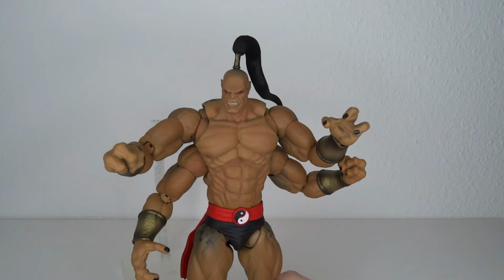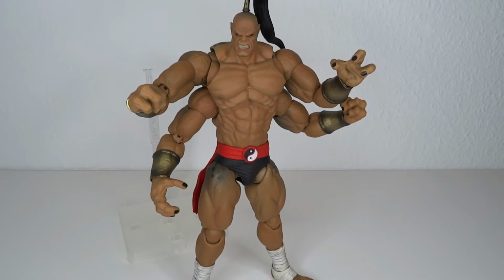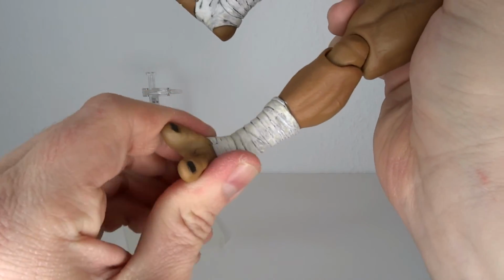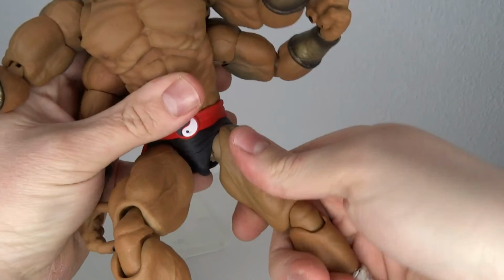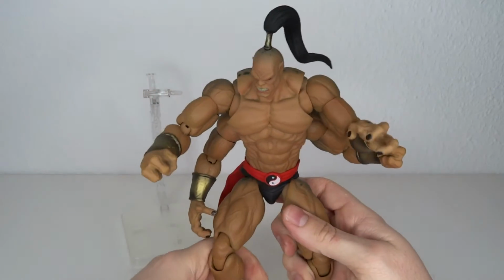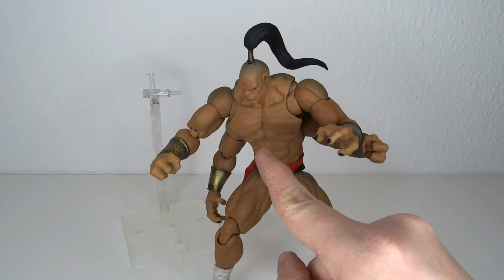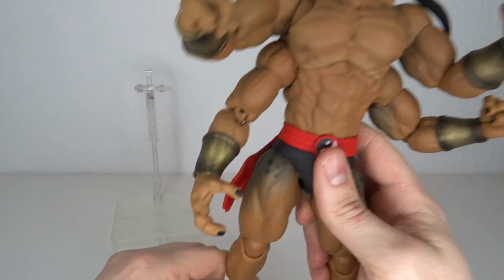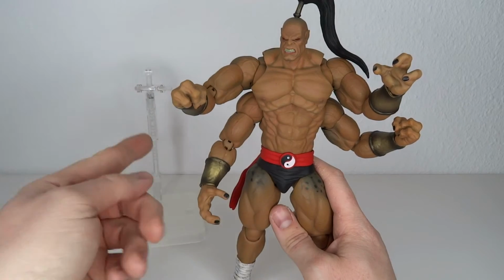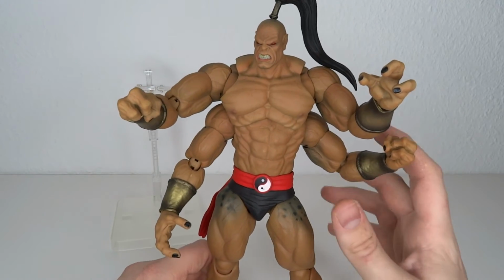You can buy these single Stone Collectibles bases, which I bought a bunch of because I think they're pretty good. But overall, he will stand pretty much straight, but as soon as you try to do something else, let's see, go into a little bit more crouching action pose, because you can't really rotate the feet around, just this little wiggle. I tried to pull it out a little bit, it doesn't really budge that much. They didn't leave enough room. So you can play around, but it's not good. And that's a problem, but a problem that can be solved easily with a base, but you shouldn't have to buy a base. This should have been in the packaging, but okay,